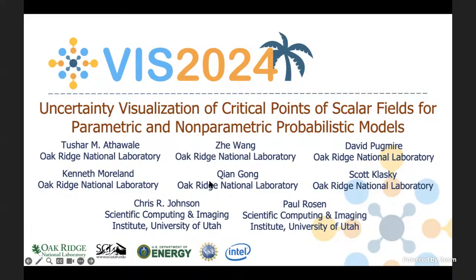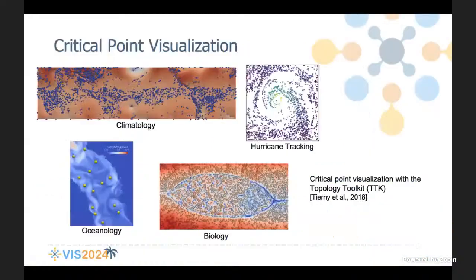Hello everyone, I'm Tushar Athawale, research scientist at Oak Ridge National Lab, and today I will present our work on uncertainty visualization of critical points. This is a collaboration between Oak Ridge National Lab and the SCI Institute, University of Utah. Now, critical point visualization is one of the fundamental techniques to understand the topology of complex scientific data with diverse application domains